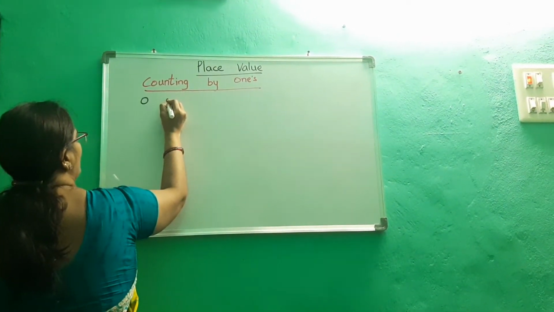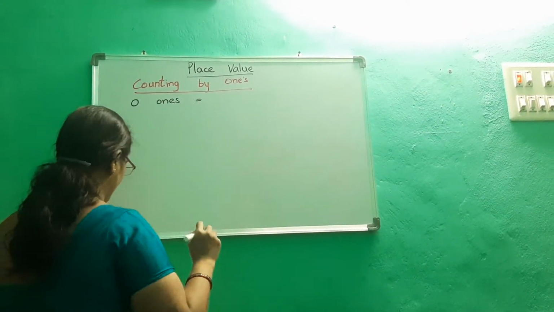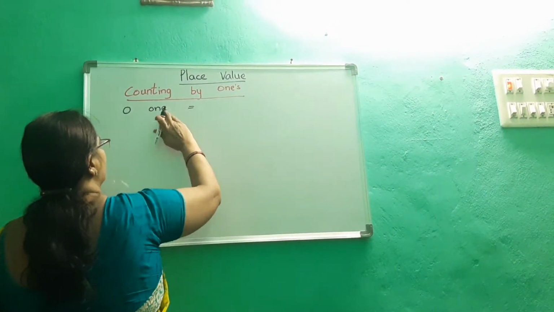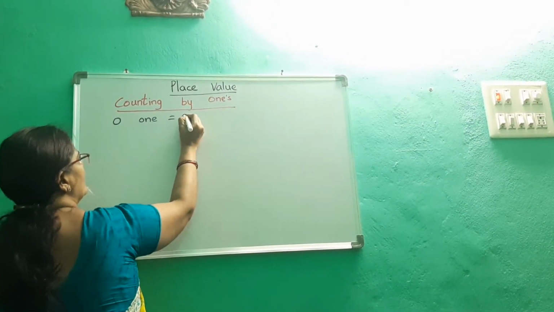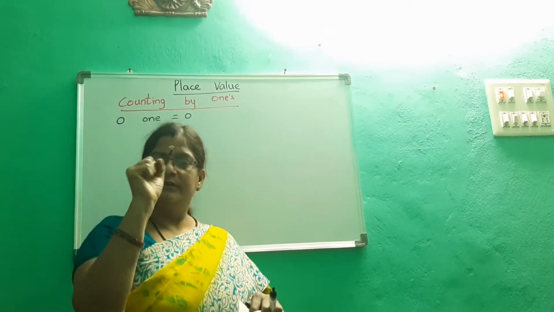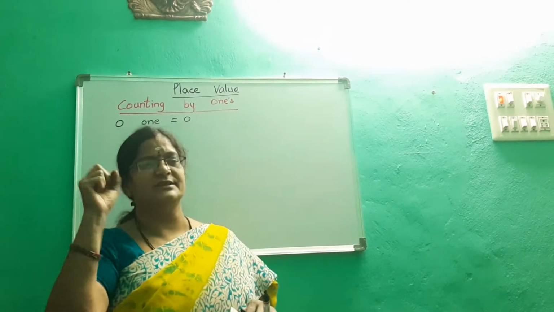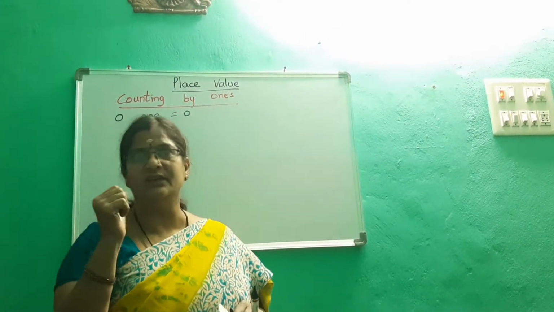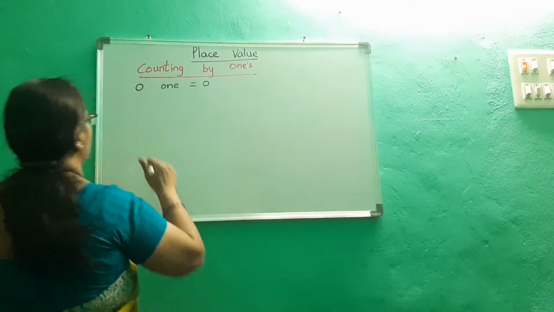0 ones is equals to 0. 1 0 is there. 1 0 0 is equal to 0 only. 0 does not have anything. So 0 is equals to 0 only. Now next